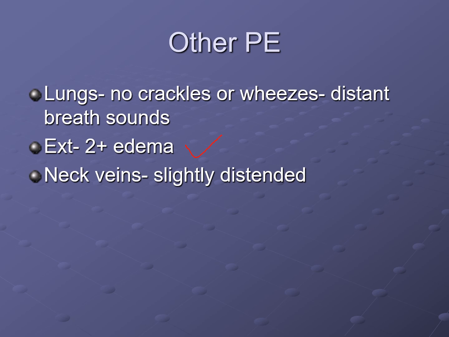What's that mean? Well, sometimes people with COPD have long-term backup into that right ventricle and will develop right-sided heart failure. The term that we use if it's related to respiratory issues is cor pulmonale. If someone has cor pulmonale, they'll obviously have heart failure, and that's something that we need to be aware of. She has slightly distended neck veins, which also would support that. We make a big discrimination between right and left heart failure academically, but in practicality, once you've had it for any period of time, it's going to affect the other side as well.